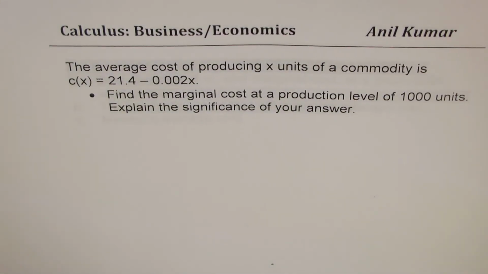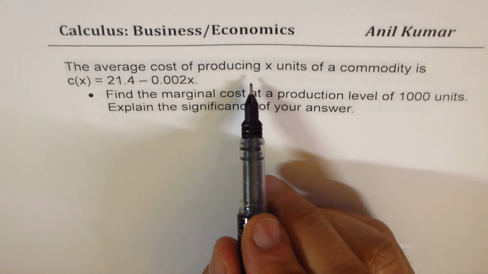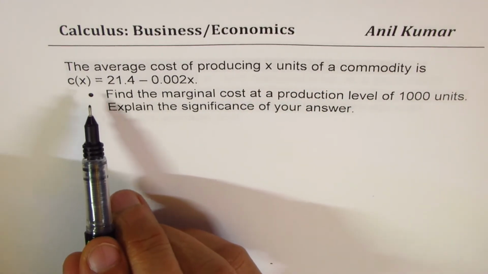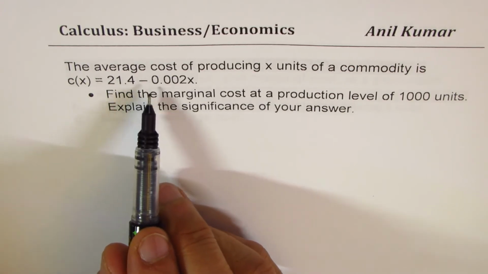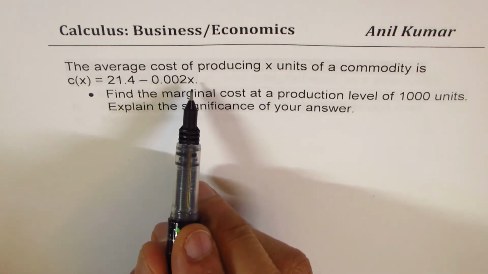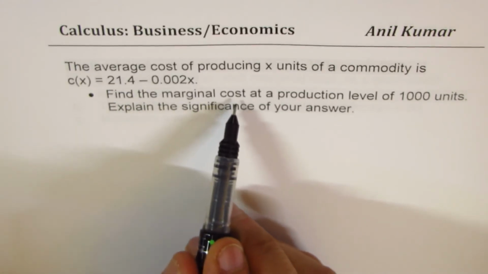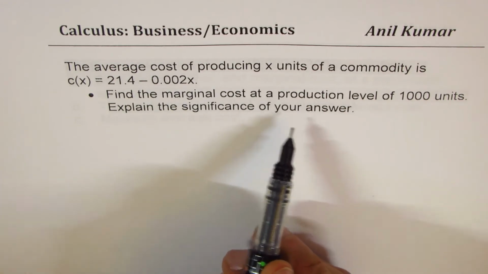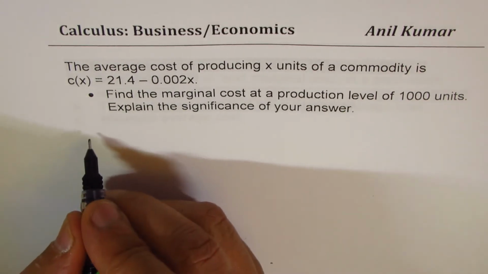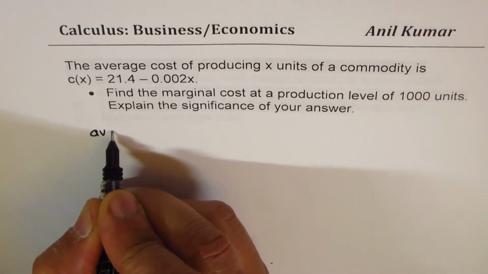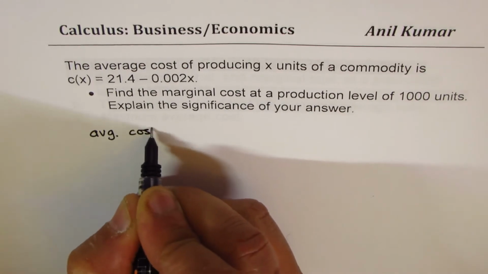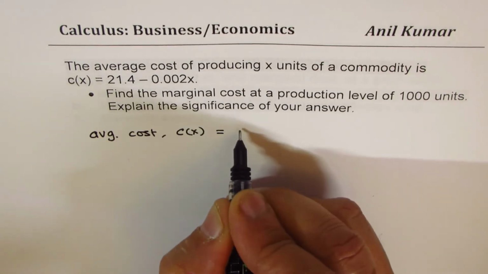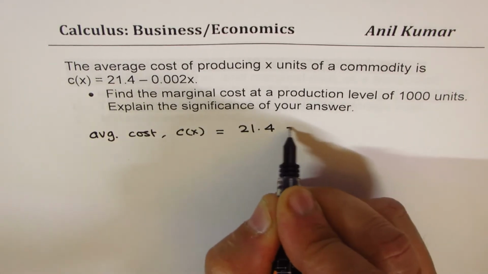Here is question number 2. The average cost of producing x units of a commodity is C of x equals 21.4 minus 0.002x. Find the marginal cost at a production level of 1000 units. Explain the significance of your answer. So what we are given here is the average cost. So let's write average cost, which is lowercase c of x, is equal to 21.4 minus